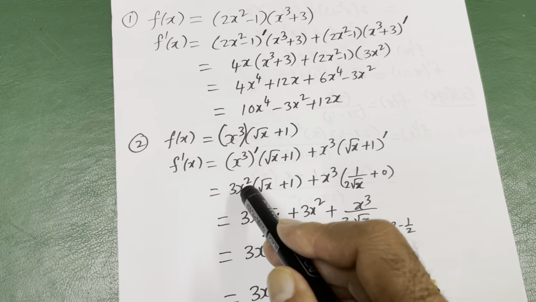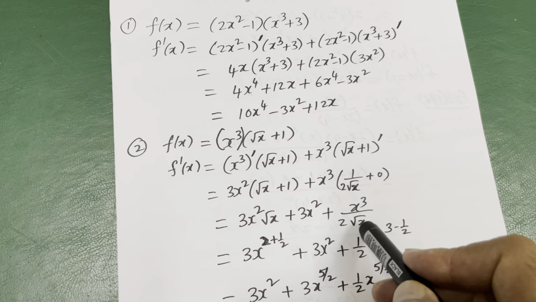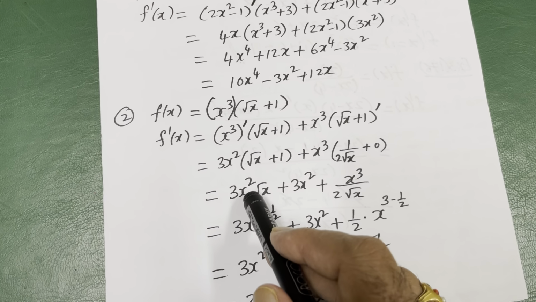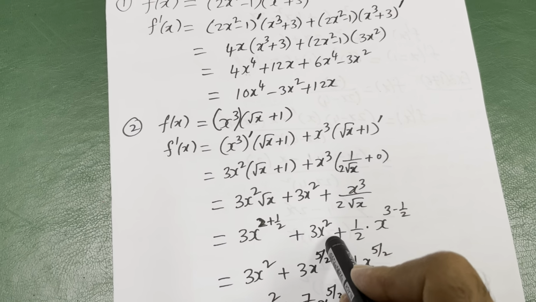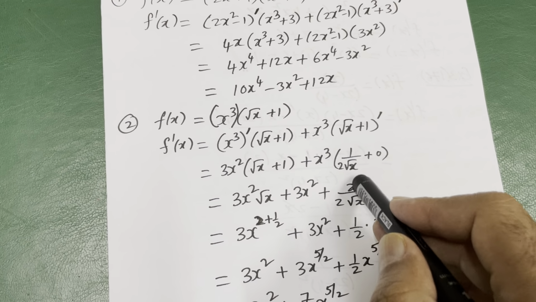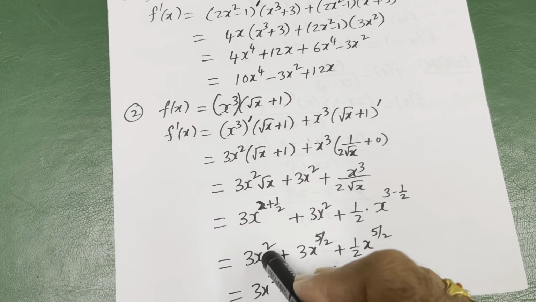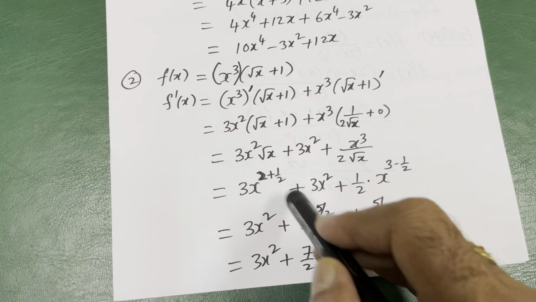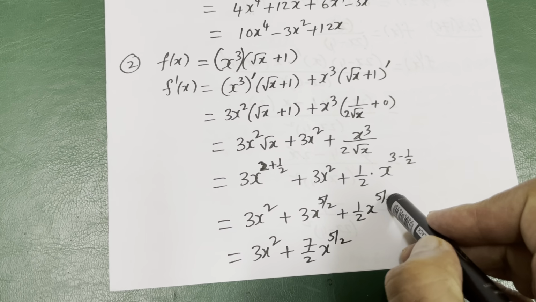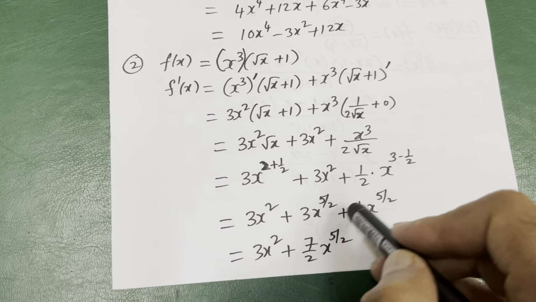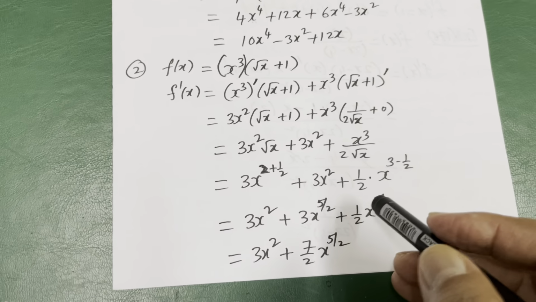One derivative is 0. Multiply 3x square into root x, 3x square into 1 is 3x square. x cube into this is x cube over 2 root x, plus 0. So this will be 3x square multiply root x, which is x to the half. So 2 plus half, 3x square. This is half x cube, this down is half. When you bring it up it becomes minus half. So this will be 3x to the 5 over 2, 2 plus 2 and a half means 5 over 2. Here 3 minus half is 5 over 2. So these two are the same. So 3 plus half, 3 and a half, which is 7 over 2, x to the 5 over 2. You need to know this little algebra. Be careful in doing it.